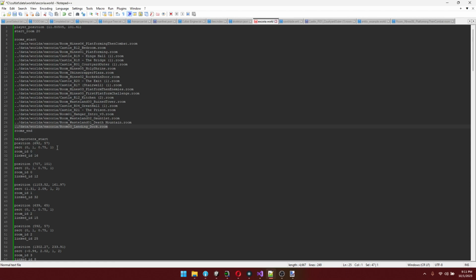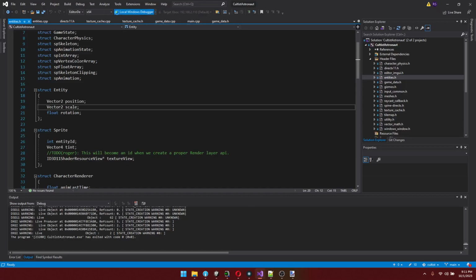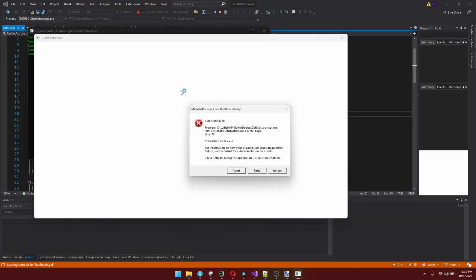And then this is before I created the new entity system, but this is how I was representing teleporters in the file. So each one of these 4 blocks is a new teleporter. And this does work right now. I haven't changed this over yet, so if I was to jump into the game, you'll see, oh, and we have an error,